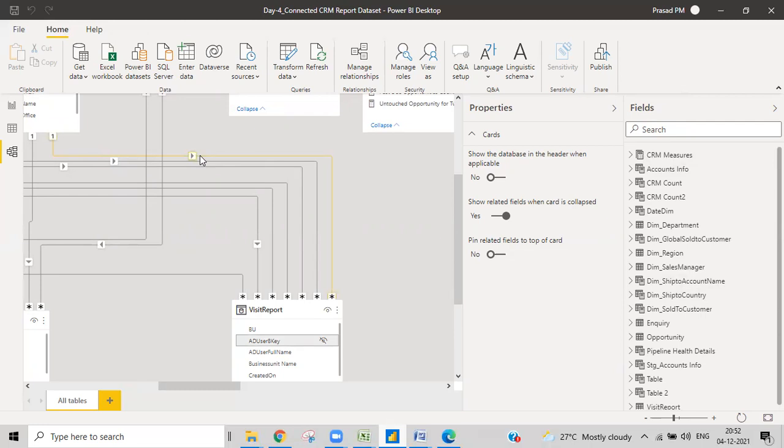Yeah, it's showing that it's connected to this table, this component of this report. This dimension table is related, connected from one to many, and the direction is from the dimension table to the fact table. So if you filter the dimension table, the fact table will be filtered. If you filter the fact table, it doesn't filter the dimension table. It doesn't go back because the direction is on this side. So if you filter in the dimension table, then it will filter the fact table.